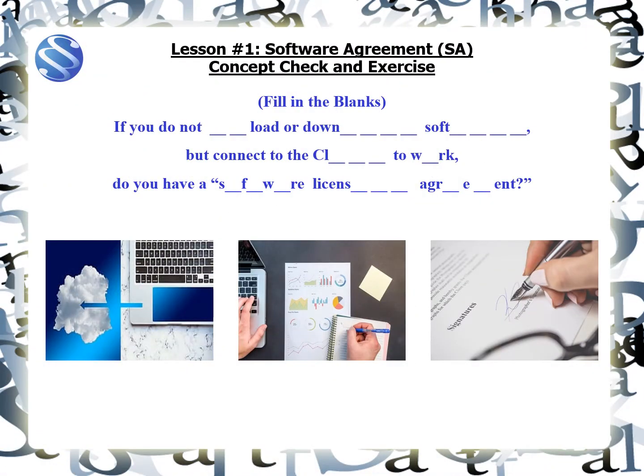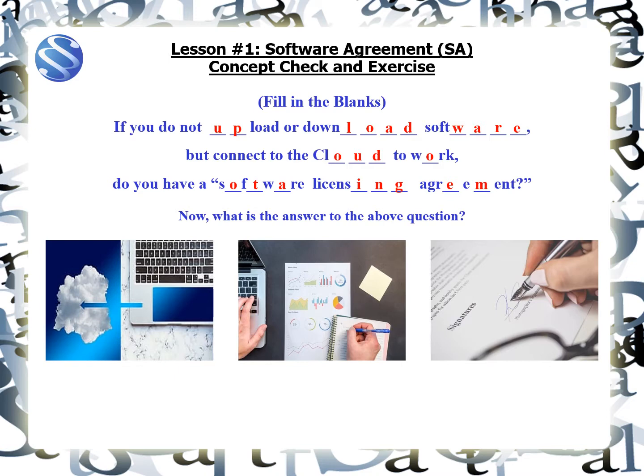Very good. Now let's find out what you understand about software licensing agreements and software as a service agreements by doing a concept check and exercise. Please fill in the blanks. Excellent. Now, what is the answer to the above question?